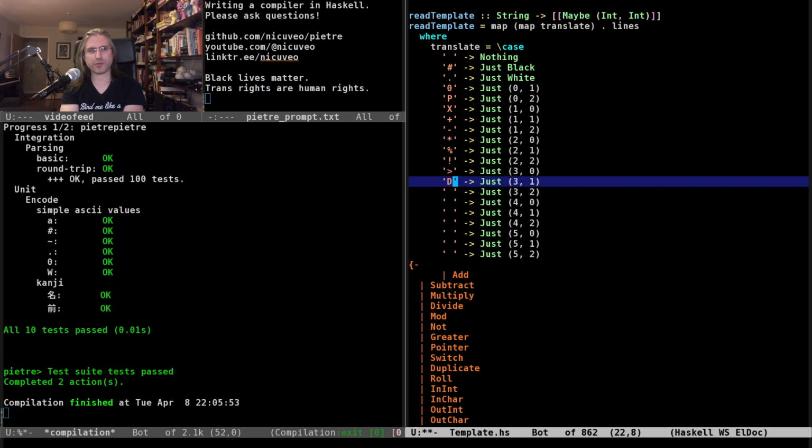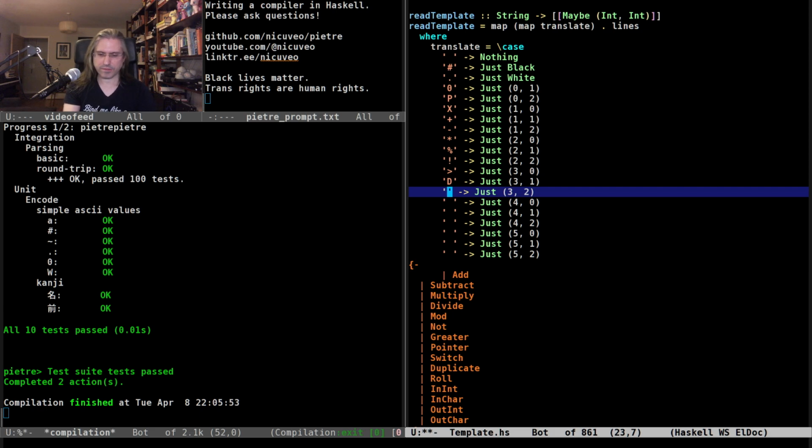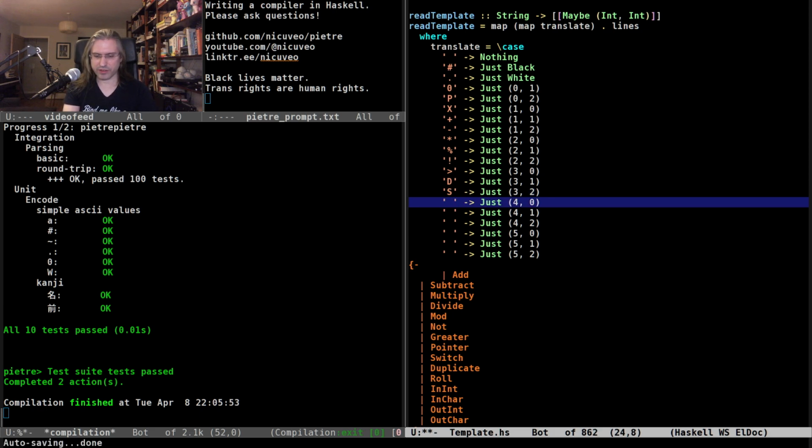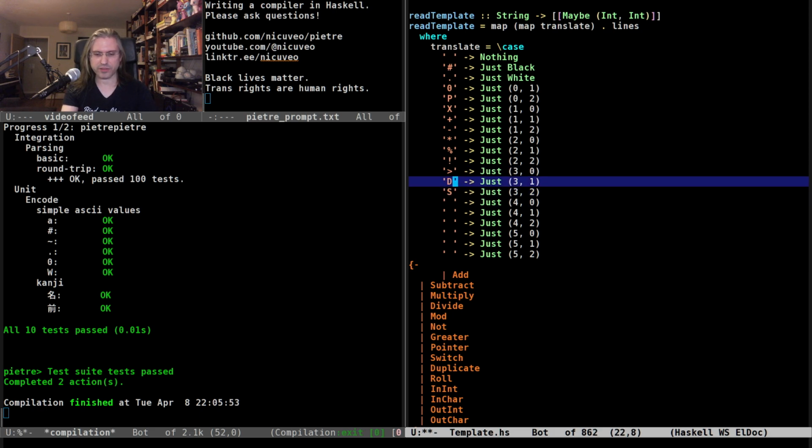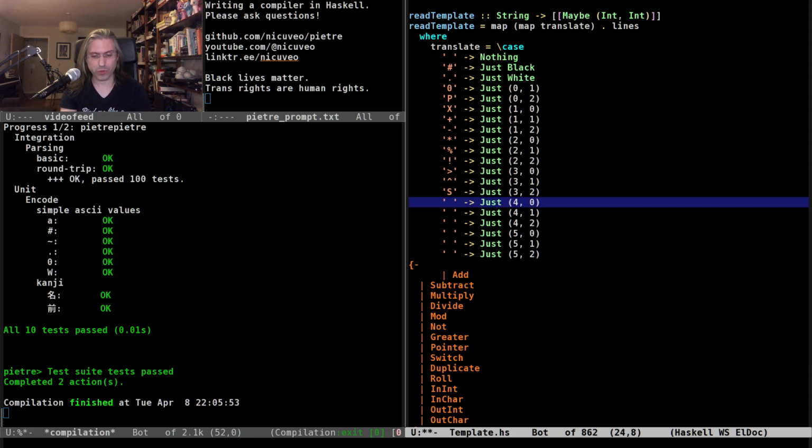I guess D for direction? Yeah, it's not the worst. Switch can be S. Well, no, D is probably going to be duplicate. I can use the caret for pointer, as in where the thing we are pointing to. It looks kind of like an arrow enough, I suppose.